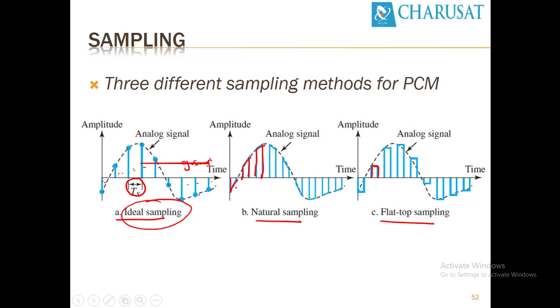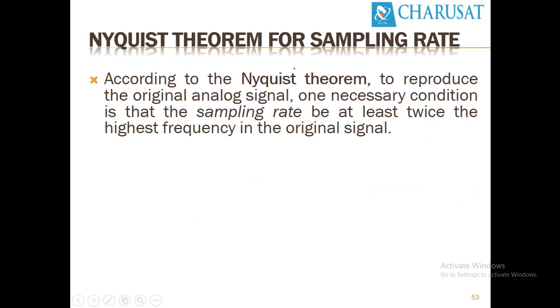The problem in analog to digital conversion is that at the sender side we have analog signals, in between we have digital signals, and at the receiver side we must generate exactly the analog signal that was sent by the sender. No deviation or skew is allowed here. It has to be nearly the same as the signal sent by the sender. So Nyquist has specified one theorem to reproduce the original signal